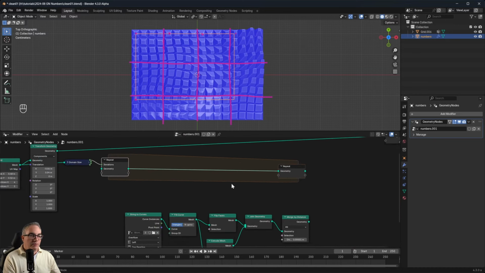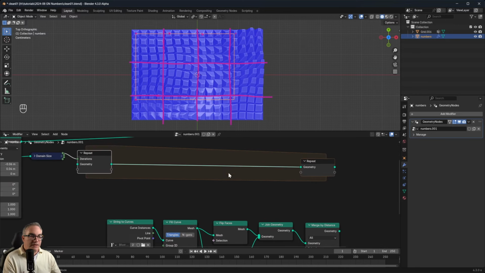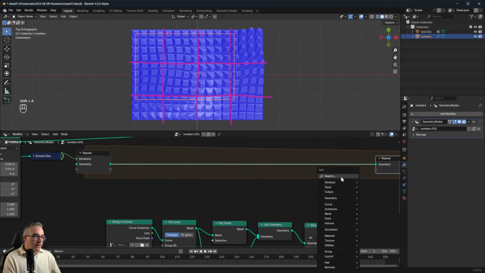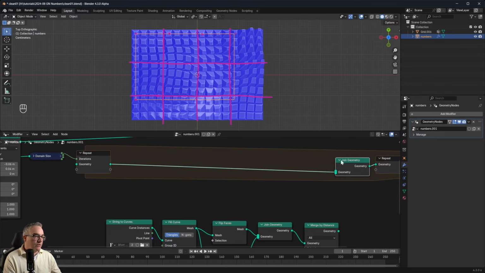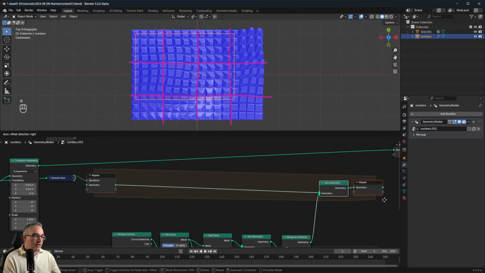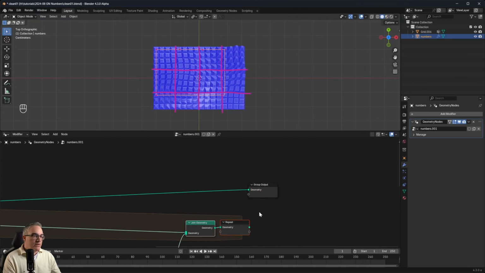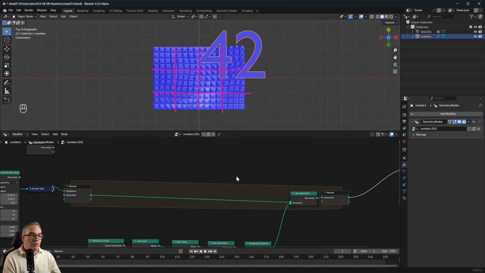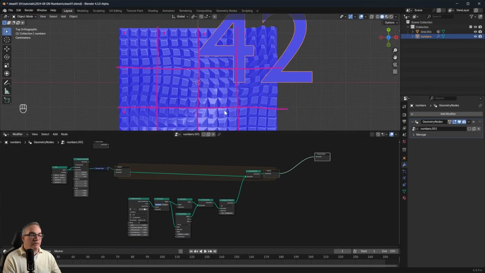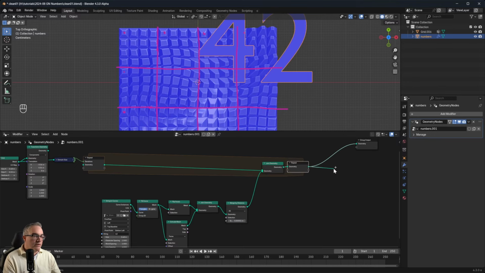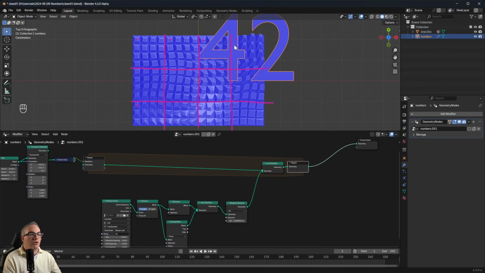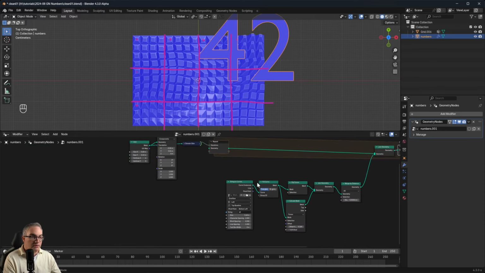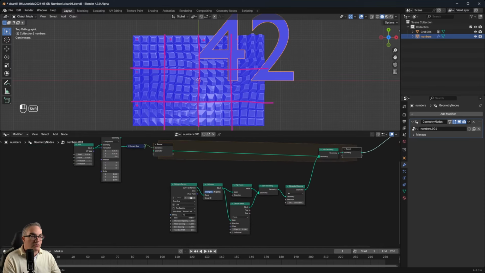Okay, so now this gets repeated 12 times. So if I plug this in here and I go, okay, I start with an empty geometry. That's cool. And then I create a number. And back here, I join my number to my empty geometry. Now, actually, what I get here is, if I plug that in here, I get 12 numbers joined. So this output here is now the 12 numbers. However, they're still all in the same location. That's not good. Let's put them all into different locations. And also I'm going to bring down the size